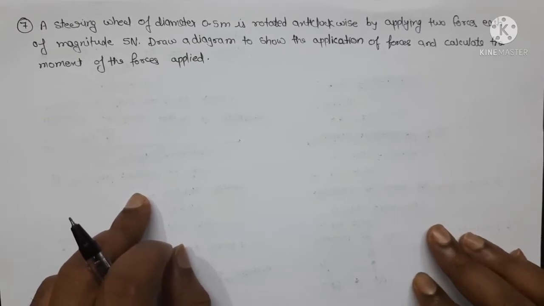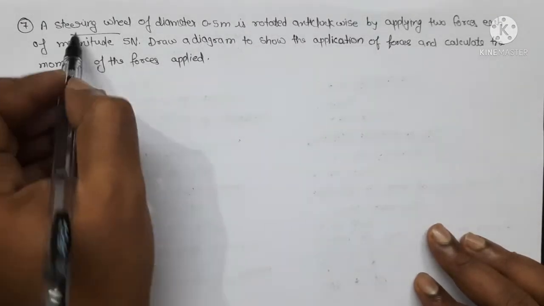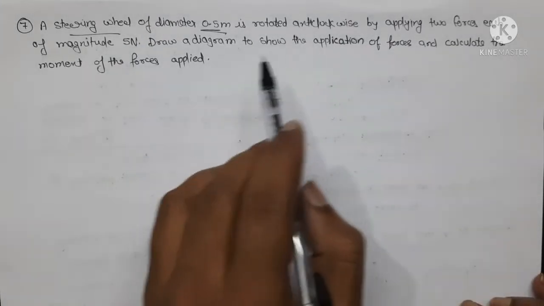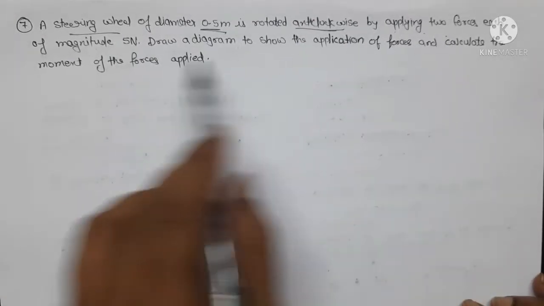And today we will be solving question number 7. Now what is question number 7? A steering wheel of a diameter 0.5 meter. So we have a steering wheel of a diameter 0.5 meter is rotated anti-clockwise by applying two forces each of